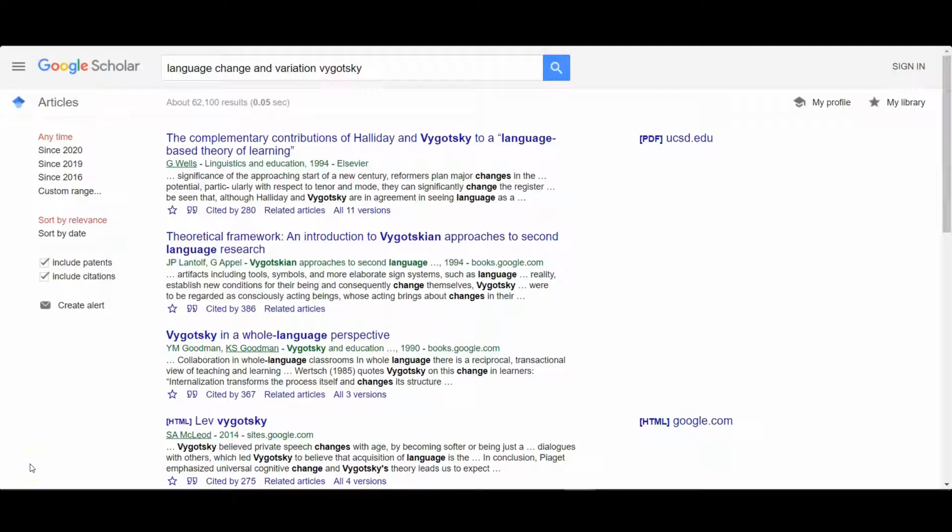Something that's really useful is using Google Scholar to look up our sources, especially if they're a little bit older. So, for example, I want to take a look at this article that's in Linguistics and Education from 1994 by George Wells. They're talking about a particular set of theories that are really important, right? 1994 is kind of old, and we've come a long way in looking at language change and